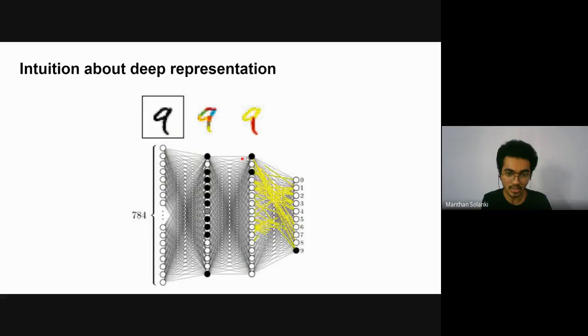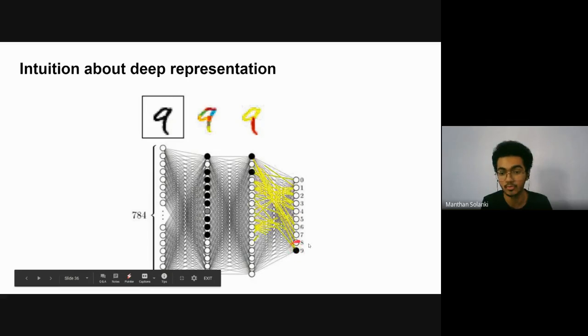In the next layer, these neurons identify common features like the circle, the horizontal and vertical line, and the more inclined line. Now 9 is the combination of a circle and a line. So these two neurons fire, and this combination of a circle and a line gives us the value 9. The output will be generated in this way. This is what's happening inside our hidden layer.